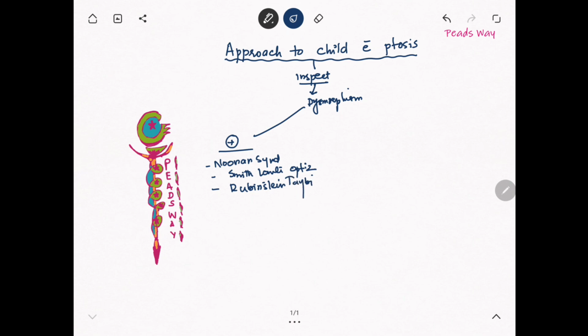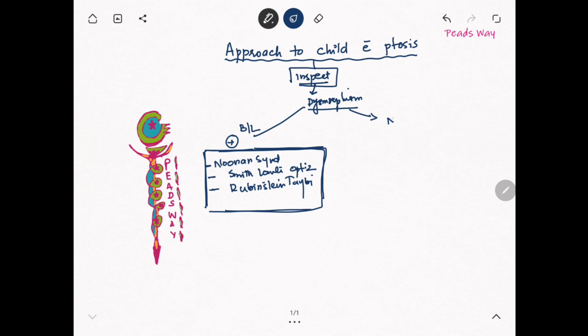So if you find a child with ptosis and he has bilateral ptosis, and he is dysmorphic, you should consider these three syndromes. First of all, inspect the child. If on inspection he is dysmorphic, you go for syndromic features and you will find features of any of these syndromes. But if you find that the child is normal,